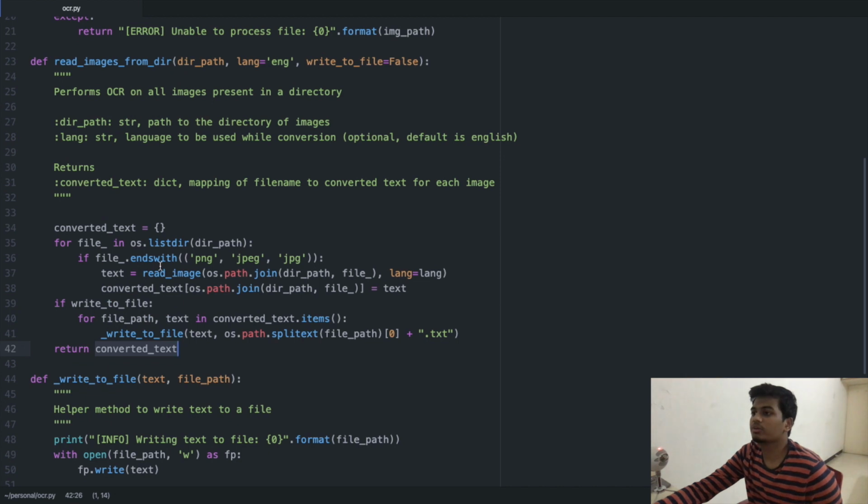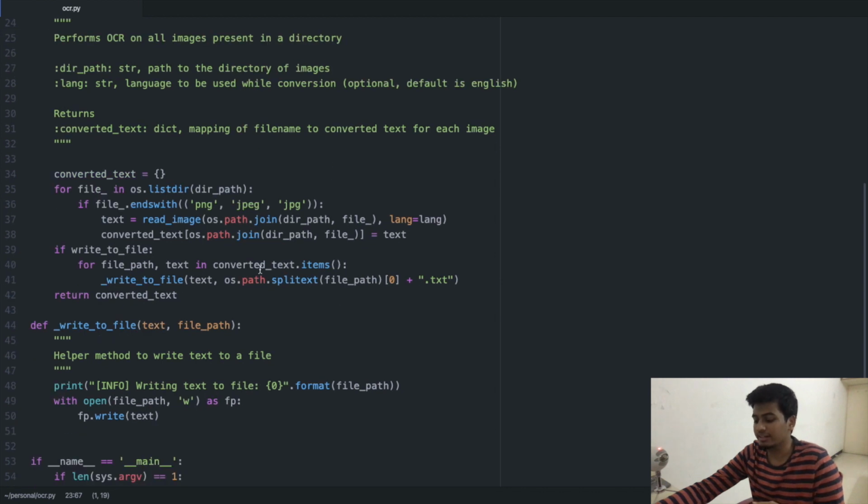If, however, write to file is true, then it would simply create a new text file in the very same directory with the same name as the image, and it would write the converted text to that text file.